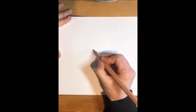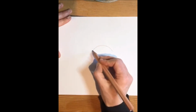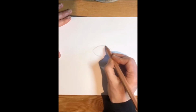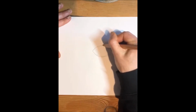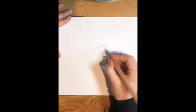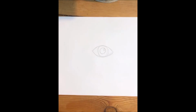So I'm going to do an eye this time. I'm going to start with a concave line, like a hill, and a convex line. This is going to be the shape of the eye. And then in between those two lines sits the iris. And then inside there is the pupil. I'm just going to put a little square of light in the corner as it creates a sense of being